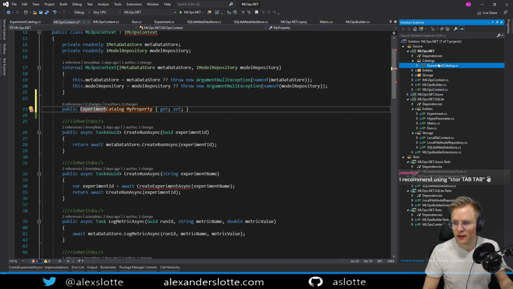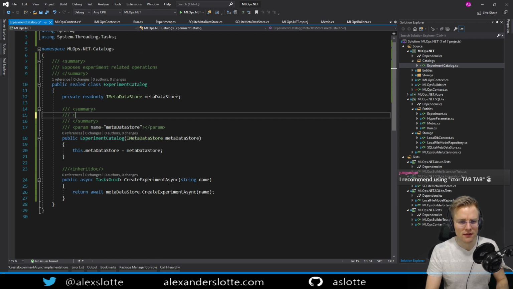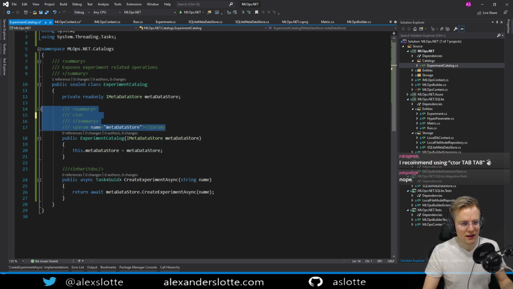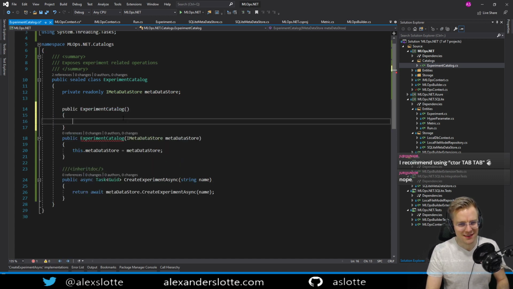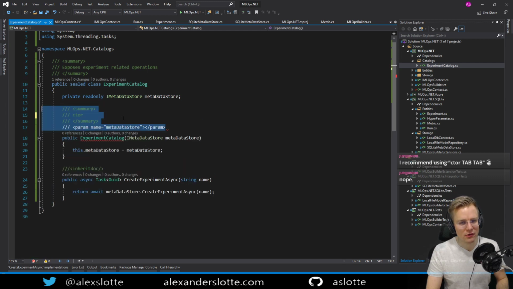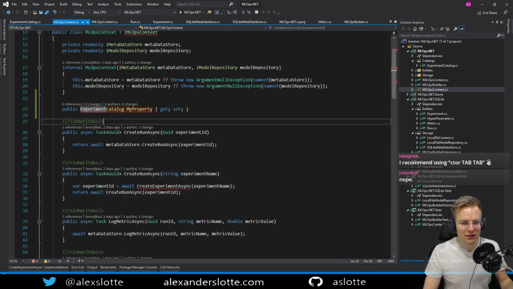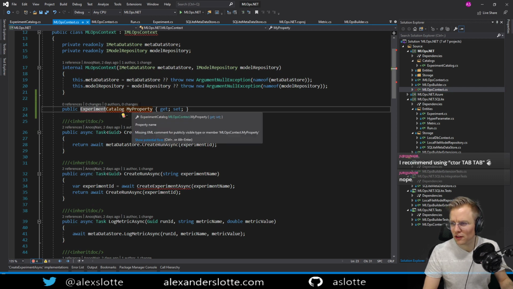That's probably a good idea. Tab for this one. Is that going to create something nice for me? Oh yeah, that's a shortcut for creating a constructor. That's a good one actually. I didn't know about that one. Thank you for telling me.